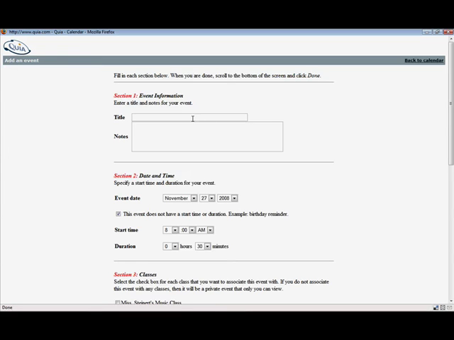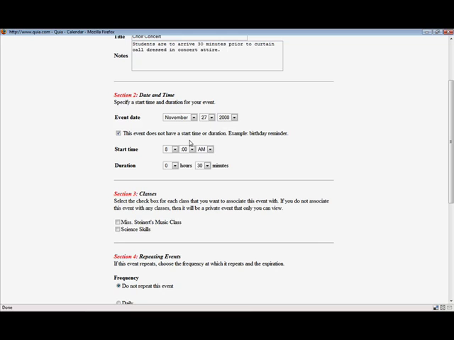For example, I would like to add a choir concert, so we'll just put choir concert. And notes to the students: students are to arrive 30 minutes prior to curtain call, dressed in concert attire. Okay, we'll come down here, section 2, date and time. So we want this to be in December. It'll be our Christmas concert, so it'll be on one of the last days of school before Christmas of 2008. This event does not have a